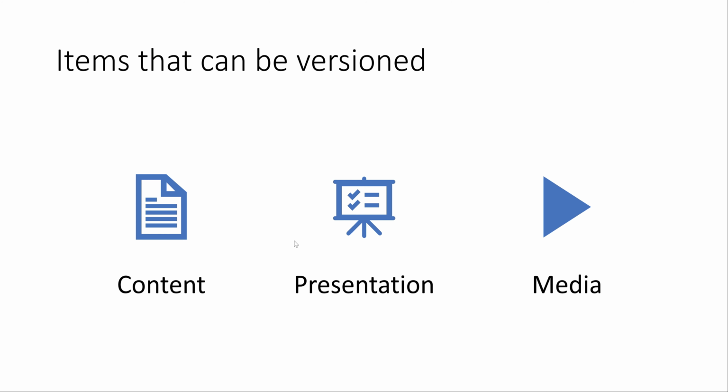One is content. Content here can be a data source or a page, or it can be some data. Those are all items. And when we say content here, it actually means content is present in fields, so that means field level versioning. This is also possible. And second is presentation.